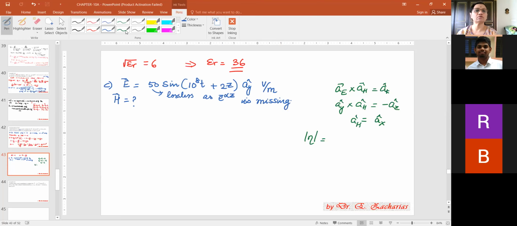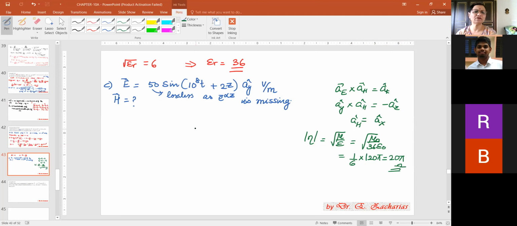Right? Okay, so now, just in the morning, we started doing modulus of eta. We have seen that it is under root of mu by epsilon divided by 1 plus sigma by omega epsilon whole square, the entire thing to the power of 1 by 4, and we saw that the denominator becomes 1. Therefore, you are left with under root of mu by epsilon, which becomes under root of mu naught by 36 epsilon naught, because epsilon r is 36. Or this becomes 1 by 6 into under root of mu naught by epsilon naught, which is 120 pi, or this becomes 20 pi ohms. So that's your modulus eta.